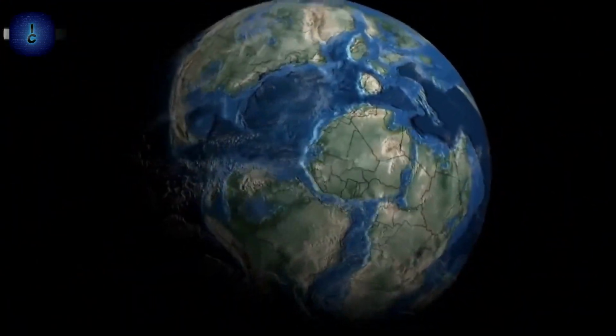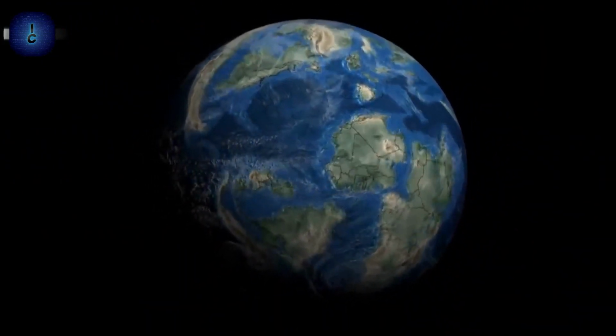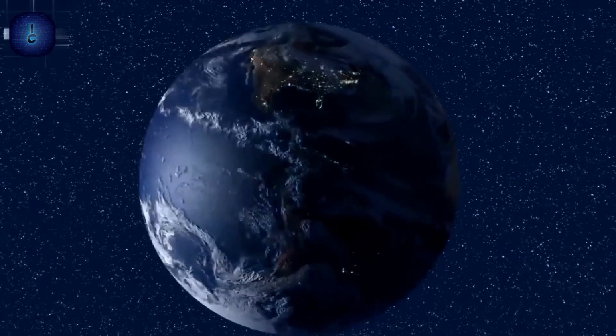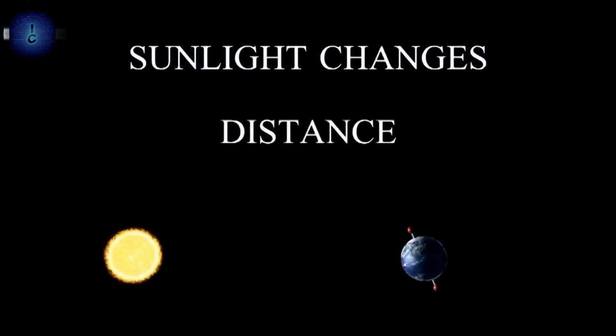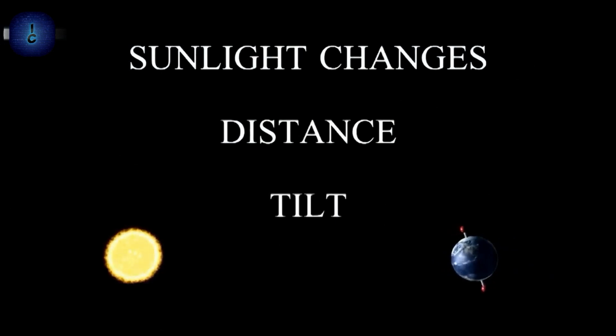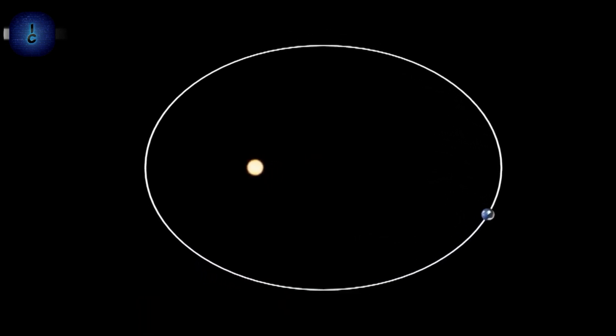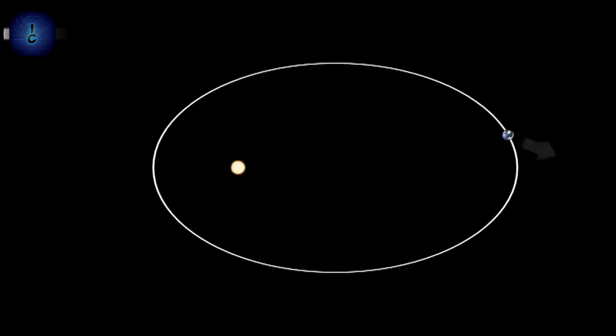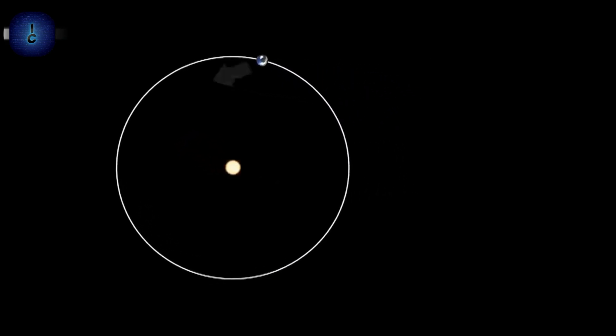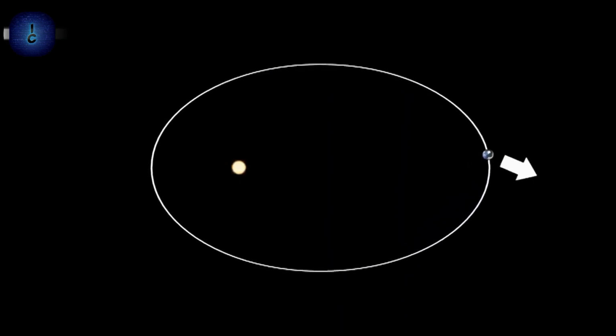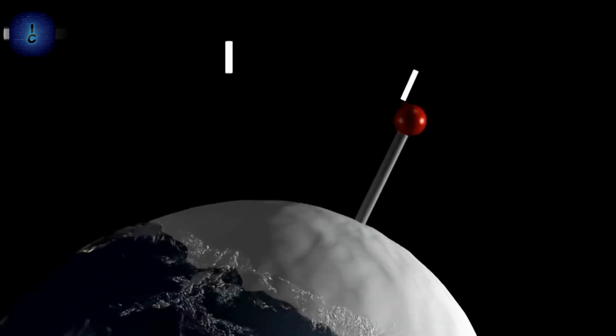How does the Earth enter an Ice Age? To answer this question, we need to delve a bit into the realm of astronomy. The Earth entering an Ice Age is linked to its orbit around the Sun and the inclination of its rotation axis. This means that the Earth's orbit becomes elliptical approximately every 100,000 years, influenced by the gravitational pull of other planets. When the Earth's orbit turns elliptical, the planet reaches its farthest point from the Sun, contributing to the